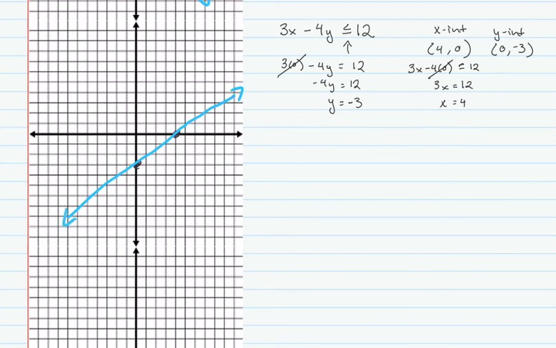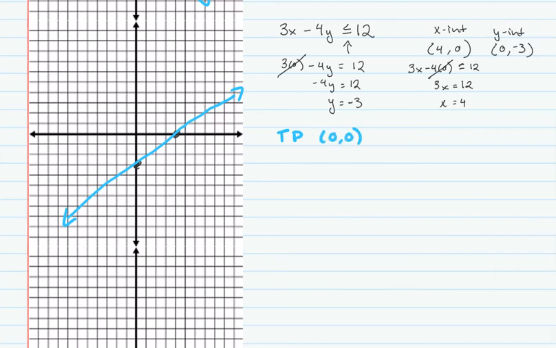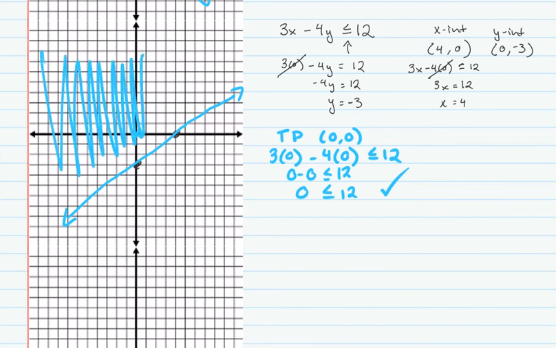And now I want to use a test point to figure out which side to shade. So my test point is going to be 0, 0. And since it is in standard form, when I plug both the zeros in, it works out really nicely. So I get 0 minus 0, which is 0, is less than or equal to 12. So is this true? It is true, so that means 0, 0. I want to cover my side of the graph that true statement is on